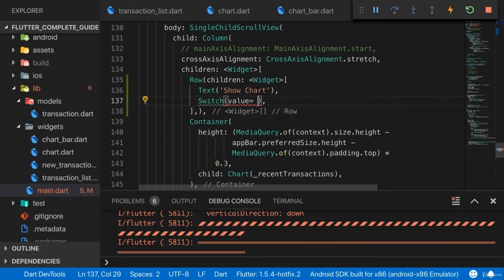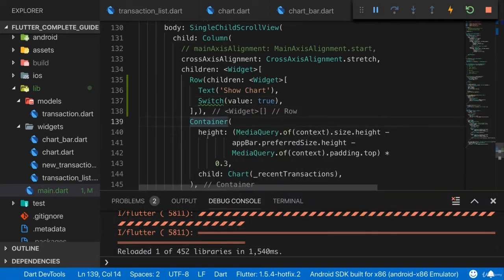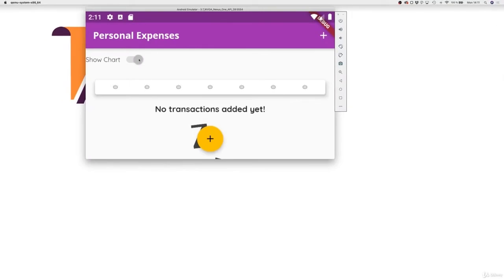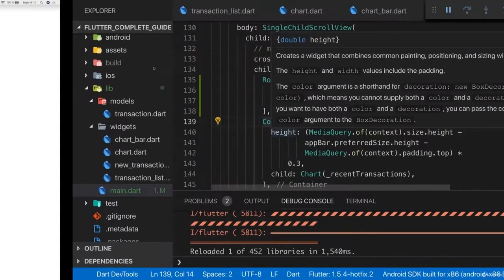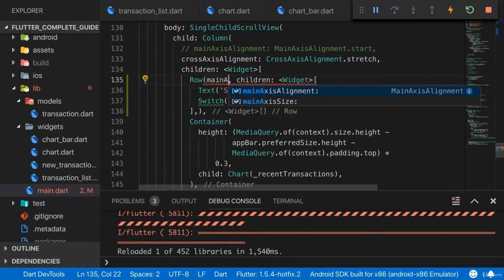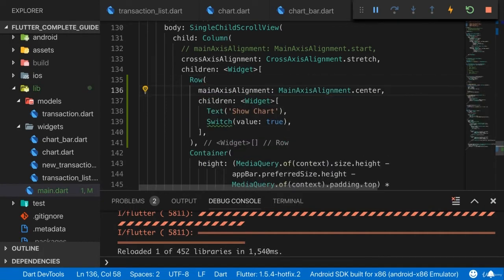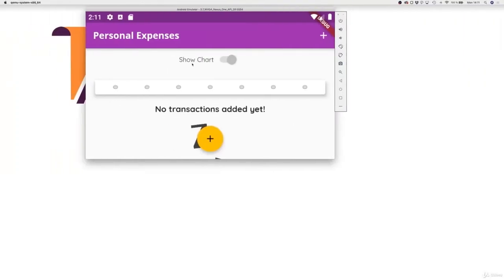And we can set the value to true for now so that it's always turned on, but of course, we should also handle clicks on the switch where the user is able to change this. Now we have that chart here. Some centering would also be good, I'd say. So on the row, as you learned it, we can, of course, add some main axis alignment and ensure that everything is centered along the main axis, which is left to right for a row,